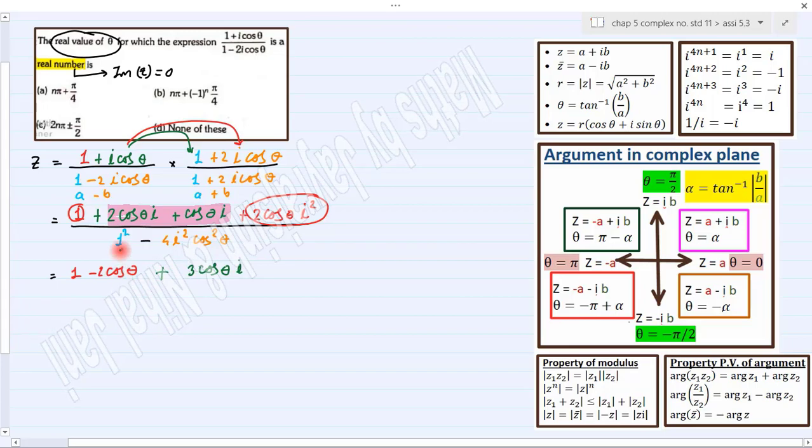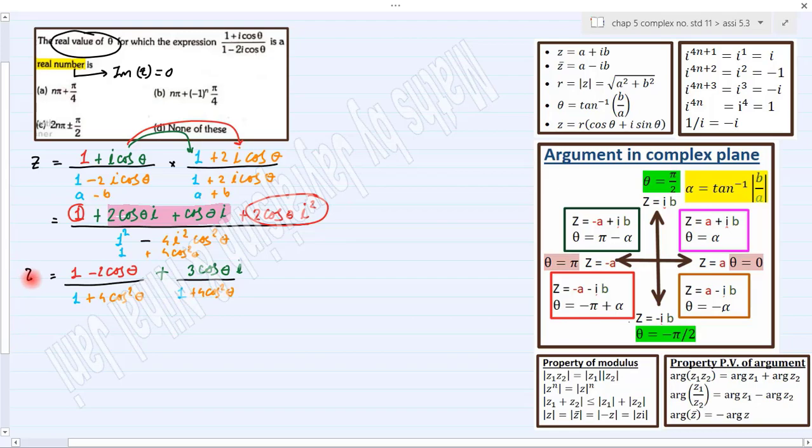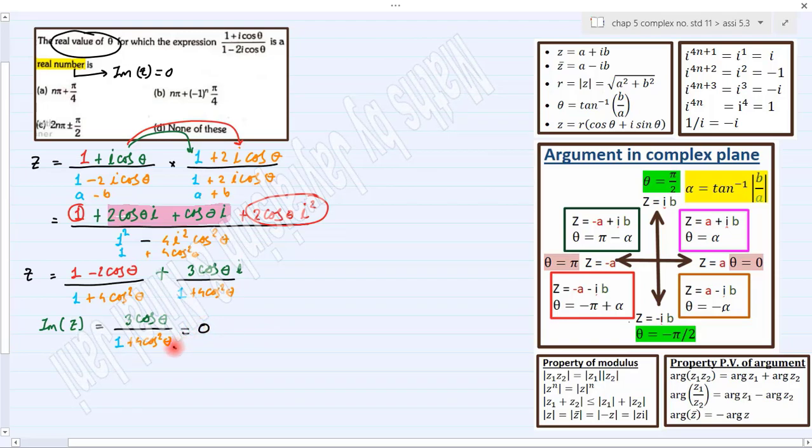And in the denominator we have 1 plus 4 cos square theta. So let's give it an individual denominator of 1 plus 4 cos square theta, so we get our z in the standard form. Now it's time to compare our imaginary part, which is 3 cos theta upon 1 plus 4 cos square theta, equal to 0. The denominator multiplied with 0 will become 0. So finally we will get 3 cos theta is equal to 0, or we can say cos theta is equal